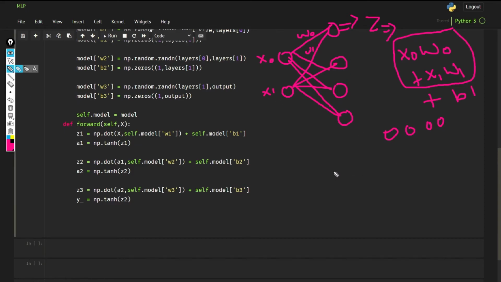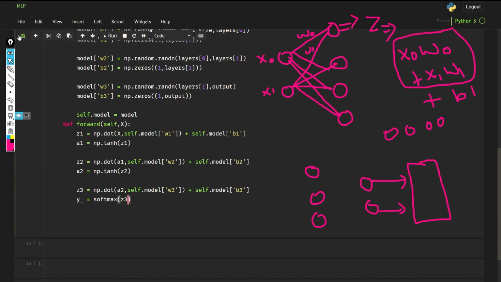Now for the final layer, let's suppose we have three neurons in the last hidden layer, then we will have 2 output neurons. In this case we cannot use tanh as the activation function, because here we need to get our output value. So we are going to use softmax here, softmax of z3. I will explain later what softmax is.